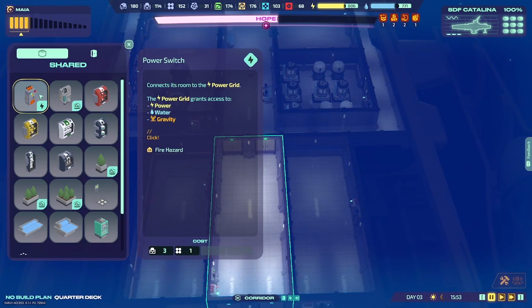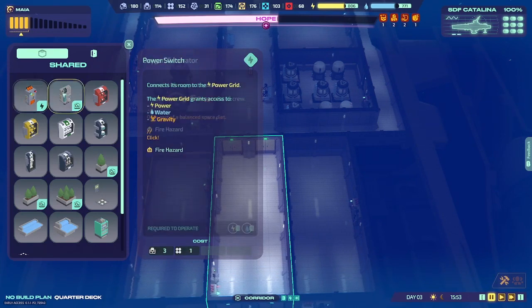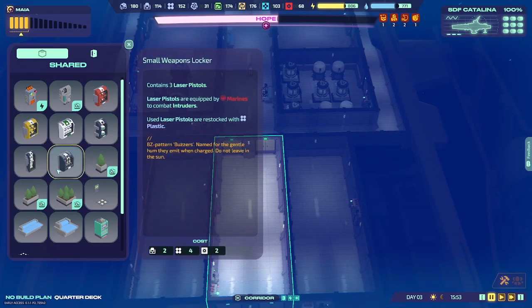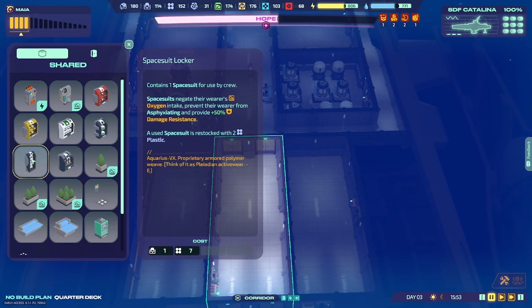And so corridors are great locations for a lot of these shared objects because, sure, you have some of the basics like power and oxygen generation from your power switch, oxygen generator, and your shrubberies, but you also have a lot of things that your crew might need to just use on a whim or suddenly pick up in a time of need. For example, fire extinguishers, weapons, armor, medkits,